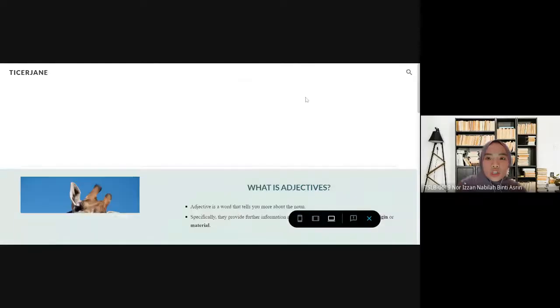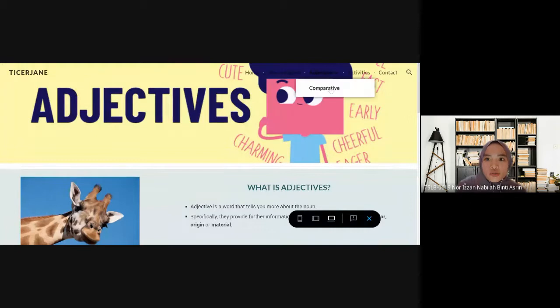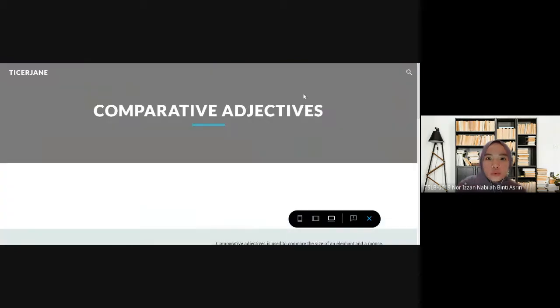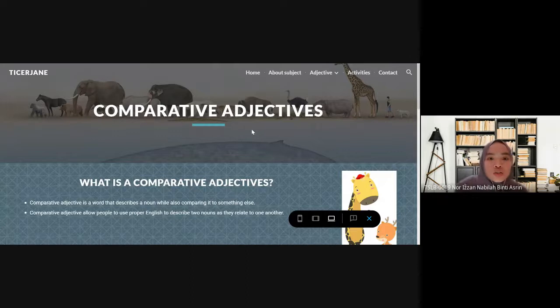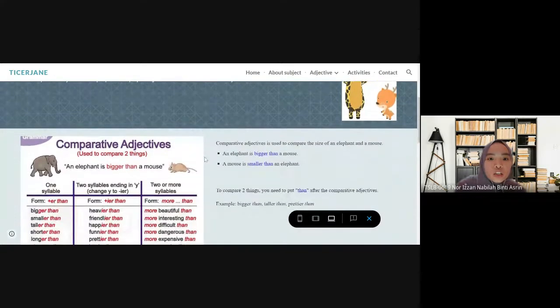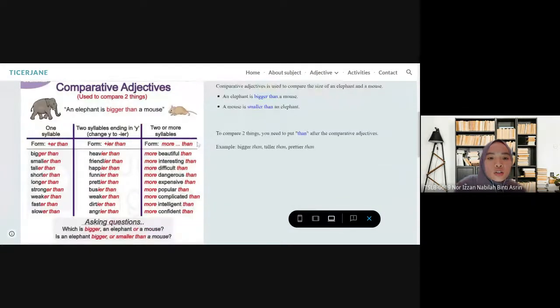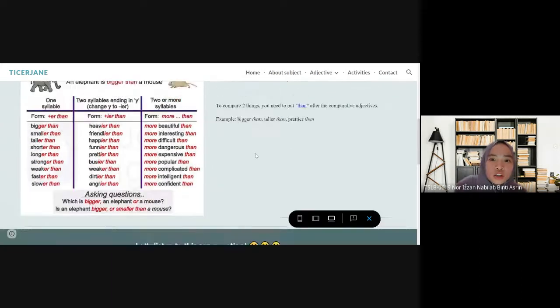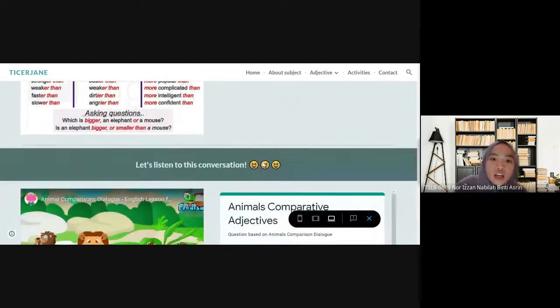So I will continue for the next page, which is comparative page, which come under the adjectives. So this part is going to explain about what is a comparative adjectives. And here there is a table to explain how to use comparative adjectives to compare two things, where the pupils need to put then after the comparative adjectives. And under here